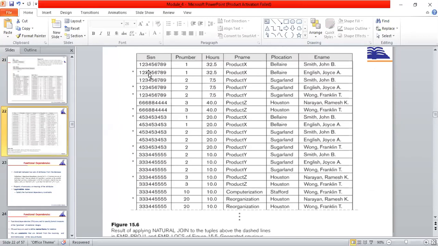On this natural join, as per my requirement, if you are applying join operations or natural join operations, we only require, for example, this social security number for 1 2 3 4 5 6 7 9 must come, but this is also coming. Those are not required but are coming. These are called spurious tuples, so you should remove these tuples first. In the next slides we'll see more examples. So this is guideline 4.